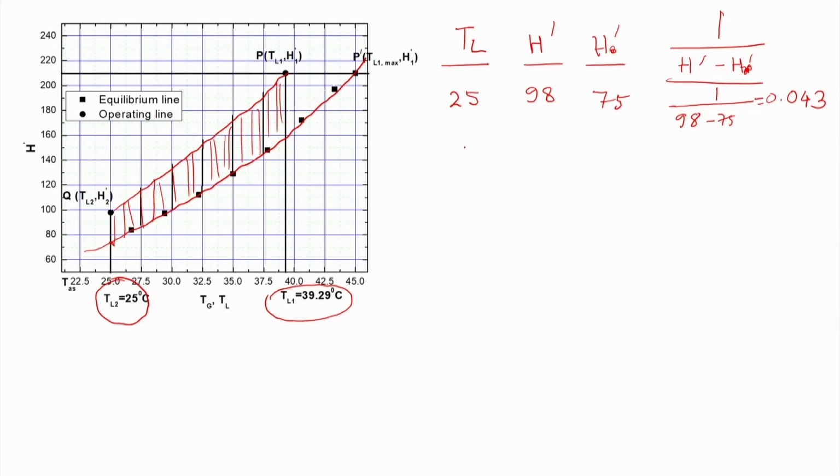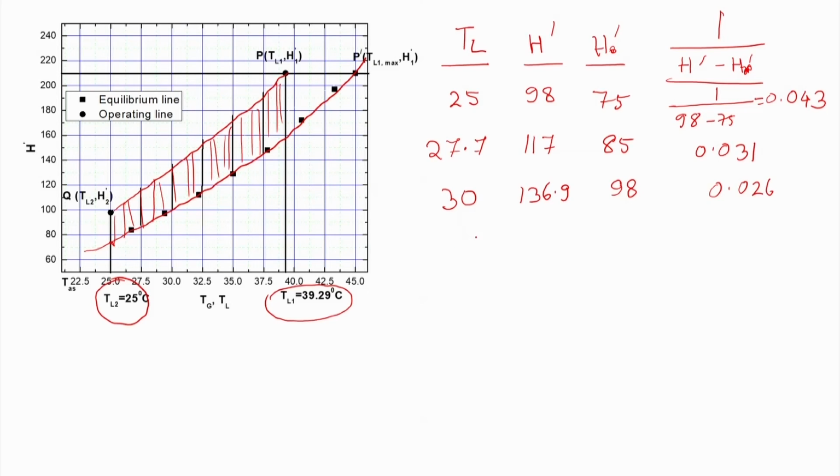Like this, again we will be taking any temperature increment. Following this, at 27.7, the enthalpy value is 117 and the equilibrium enthalpy value is 85, and then 1 by H prime minus H star prime we are getting as 0.031. For 30 degrees Celsius, the enthalpy value is 136.9, whereas the equilibrium enthalpy value is 98, and this 1 by H prime minus H star prime is coming out